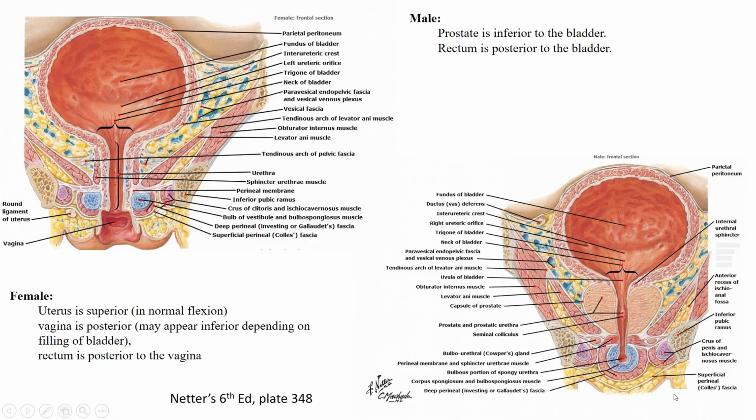So there's just a couple more images here I wanted to show you from Netter's regarding the bladder. On the left we have the female bladder, and on the right we have the male bladder. And they've taken a slice through the bladder, but also show you everything posterior to it. So normally you would not be able to see the vagina at the same time that you see the bladder and the urethra, but you're able to see it here in the way that they have created